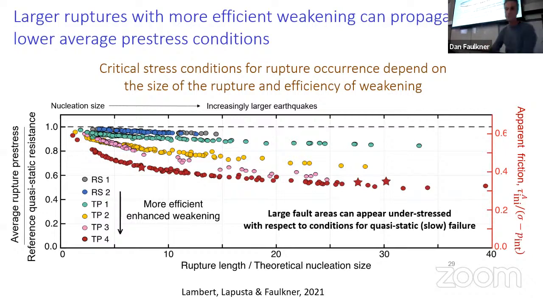So going back to this plot, it shows that for small faults that we might have in intracontinental regions, you still have to have pre-stress on your fault to get any earthquake propagating through there, which is quite close to the failure stress. The scale here doesn't mean very much, rupture length over the theoretical nucleation size, but essentially over this side of the plot you have plate boundary faults. These are huge faults, and they're the only ones that can produce magnitude 7, magnitude 8 earthquakes.